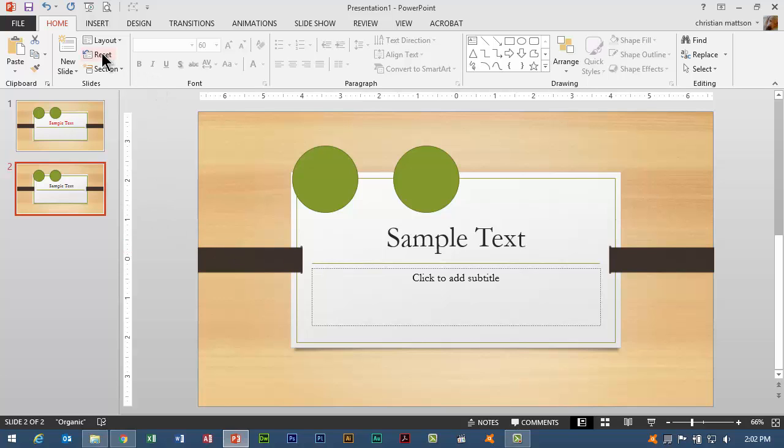The problem with resetting the slide is it's really volatile. It will reset the positioning of all your placeholders. If you have changed the position of text within the placeholder, it will reset all of that as well. So it's pretty damaging. That's why I made a copy of it, because all I want to do is just